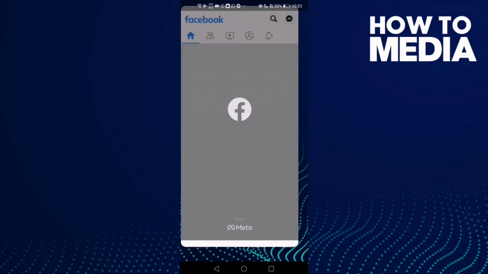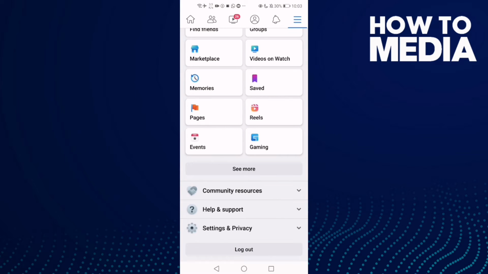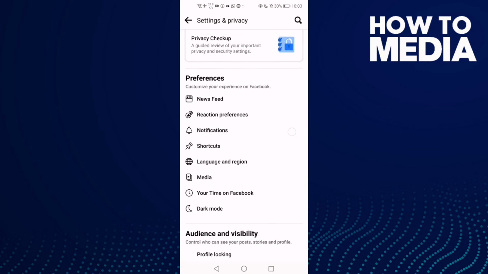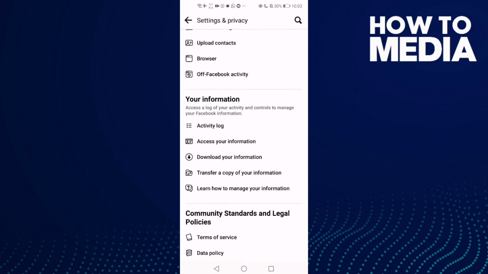First thing, go to Facebook and then click these three lines here and click settings and privacy. After that, click settings and then click activity log,